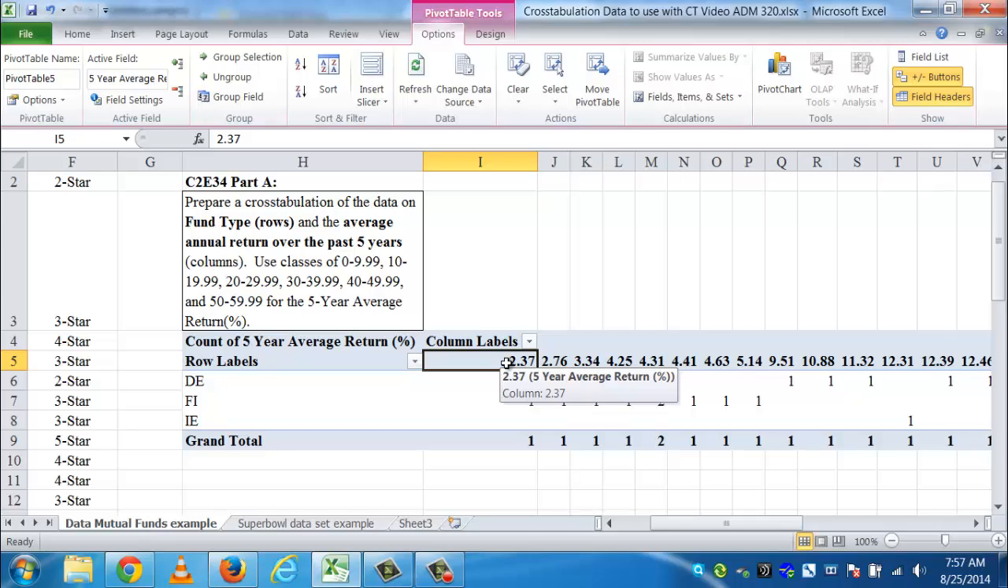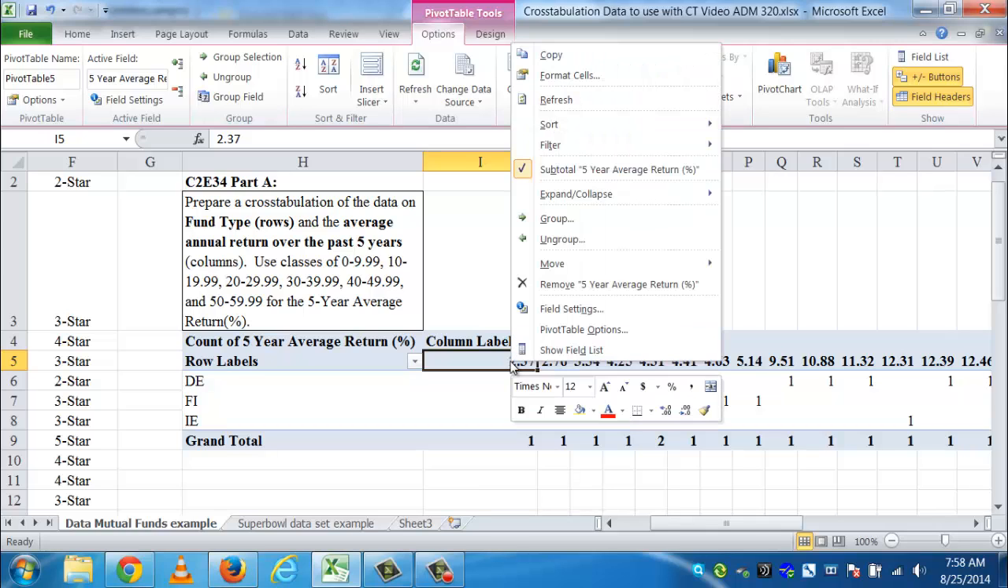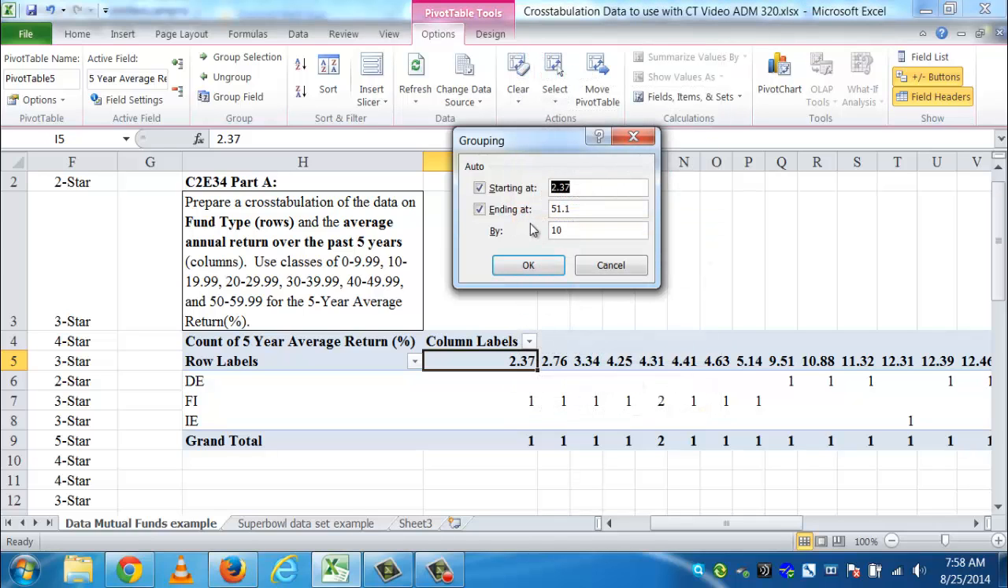To group, it's very simple. You want to click on the first column like I did. This happens to have the value of 2.37 in the column area. You're going to do a right click and you're going to see an option called group. Select that option and you'll see that it says, oh, you want me to do individuals. And the lowest number it's telling you is 2.37 up to 51.1. But you'll notice that we actually need to go by 9.99,